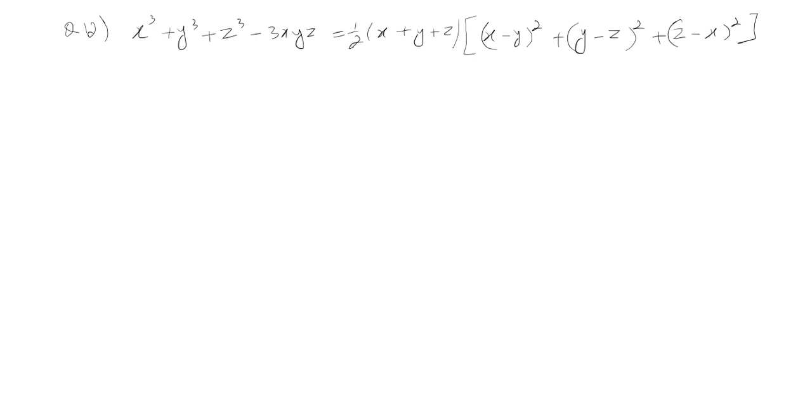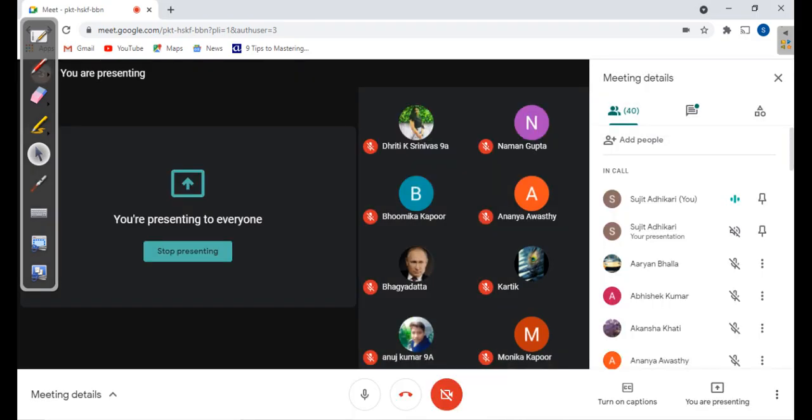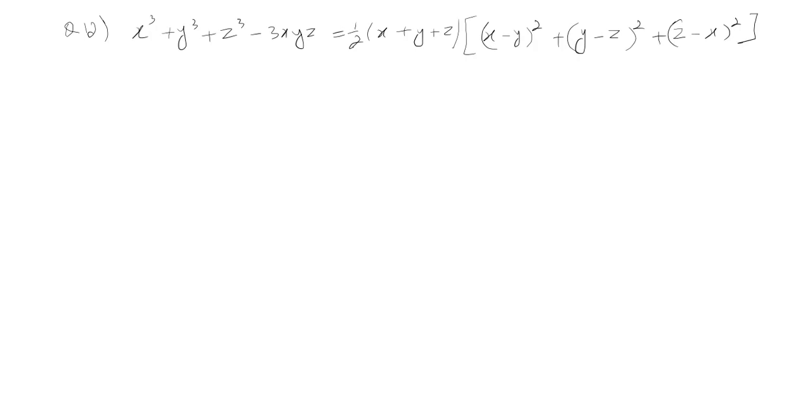So what do we have? We have a left hand side and we have a right hand side. We'll take the right hand side and simplify it, and we'll get the left hand side. So here I'm writing the right hand side. The right hand side is half x plus y plus z, and then